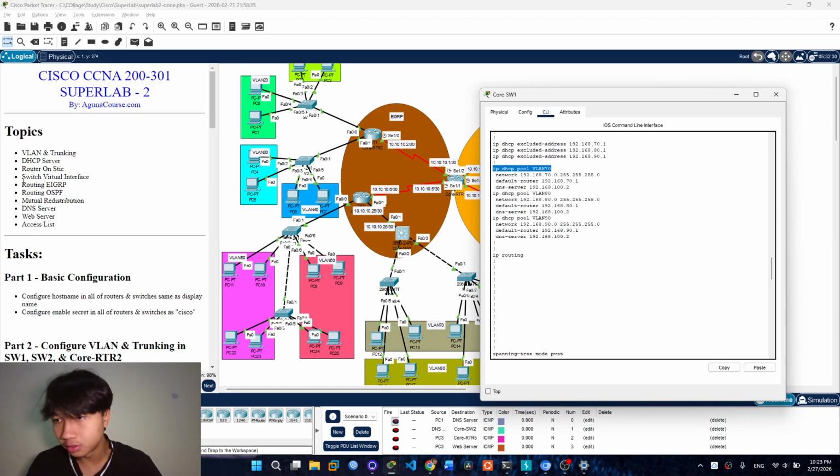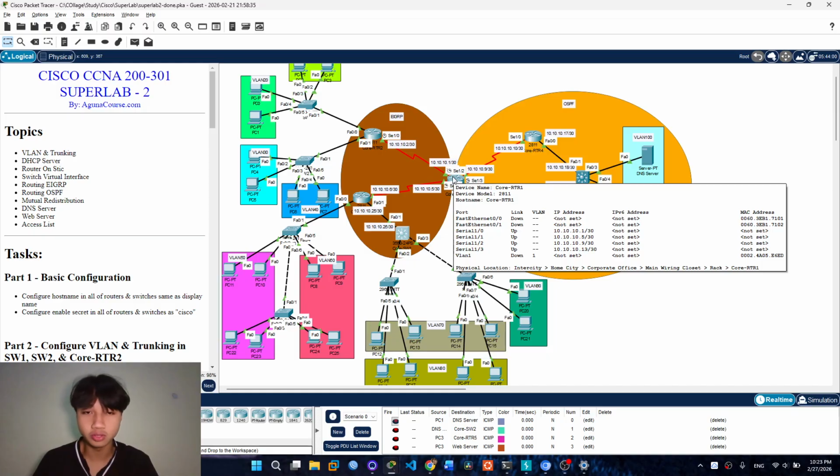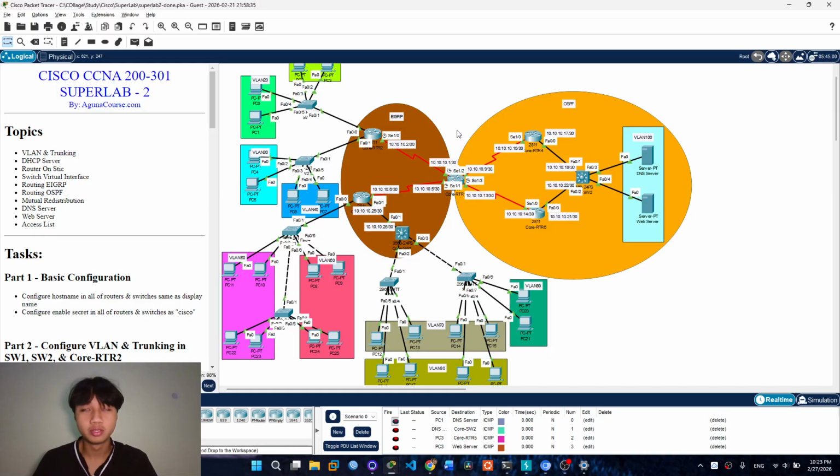And points 5 and 6 are the same as before: you just advertise your own networks in all routers or MLS. After creating the routing protocols, for example, in this router we have two routing protocols. If we want to connect the left side client and the right side client, we must set the redistribution.